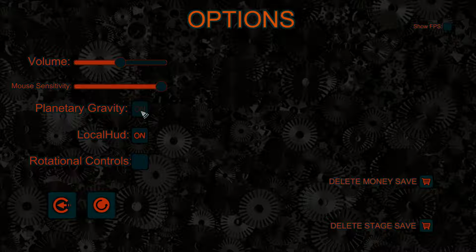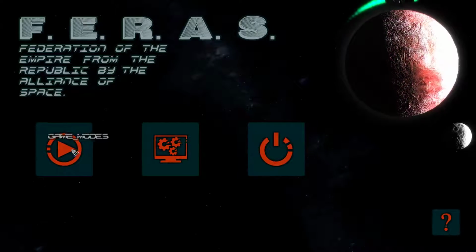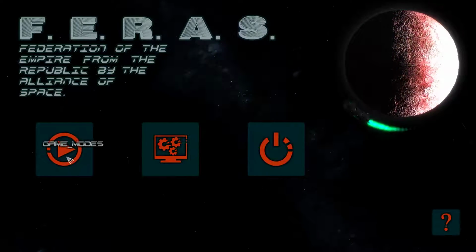Planetary gravity. I don't know how that affects things. Local HUD on rotational controls. I don't really know what these do, so... I cranked up the sensitivity. It seemed really low in the tutorial there for the mouse. So...